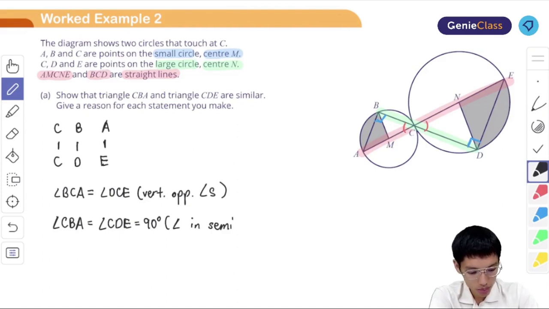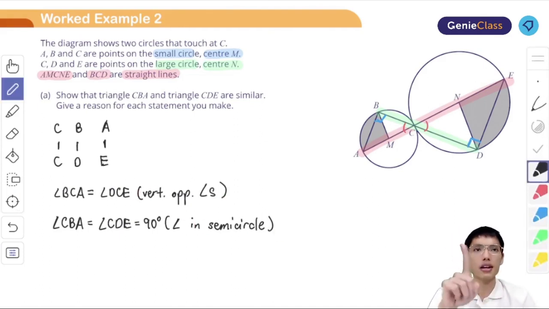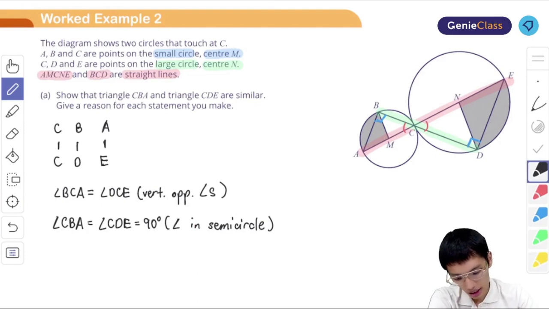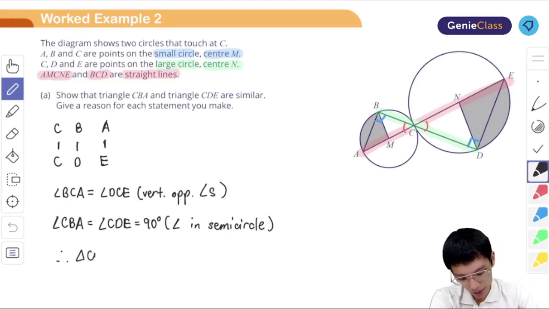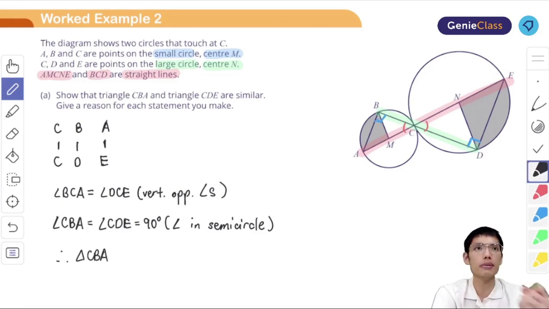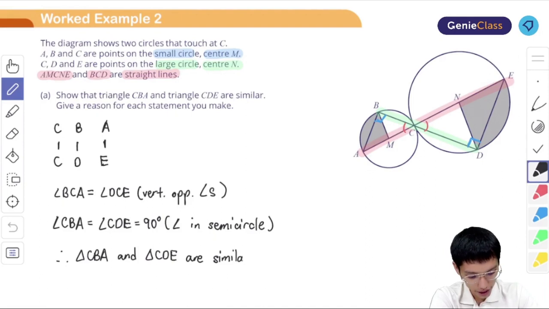Once you've written down the proof, always remember when you write down your angle properties, you have to write down the abbreviations. Very important. And finally, you have to write down the concluding statement. I cannot see what you write, but always remember to write down the concluding statement, which is triangle CBA and triangle CDE are similar. And you also have to write down the test you are using, which in this case is the AA